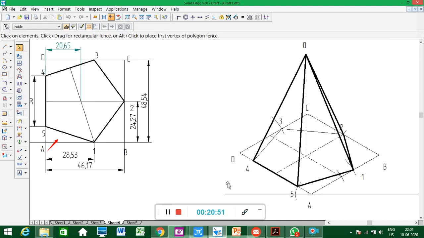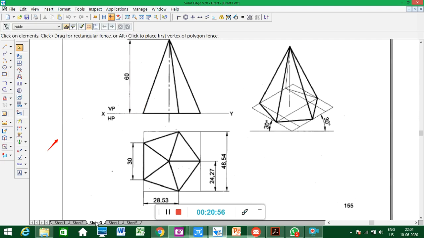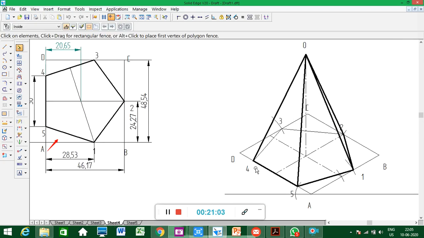Now here the difference in this drawing and this drawing is that he has taken this dimension 30 this side. I have taken this dimension this side. Both are correct. It's not wrong. Anyway, I told you, you can take it on this side also. So he has taken this dimension this side. That means he has taken a viewing point. He has considered this point here. So I have considered this one. Doesn't make a difference. This is the solution to the problem. This much if you do it, this is the solution.